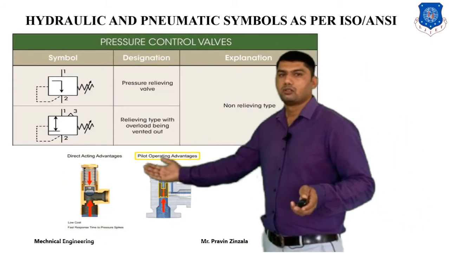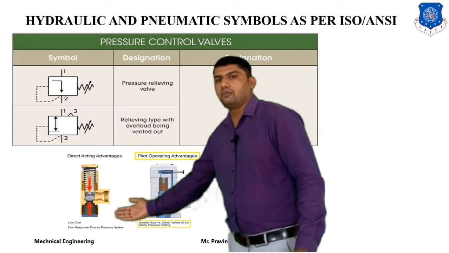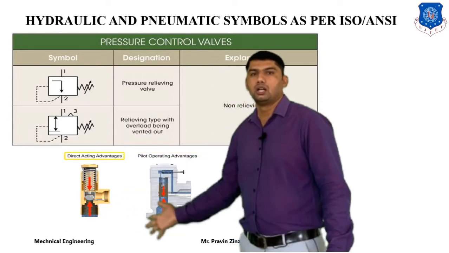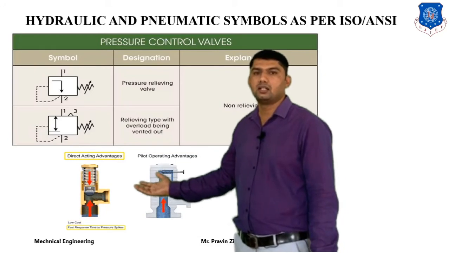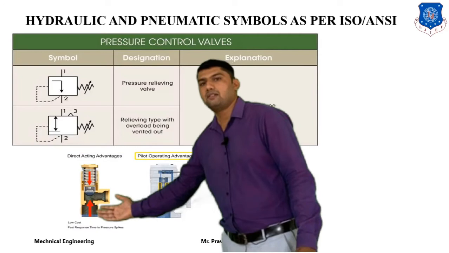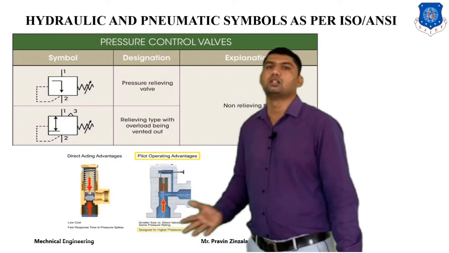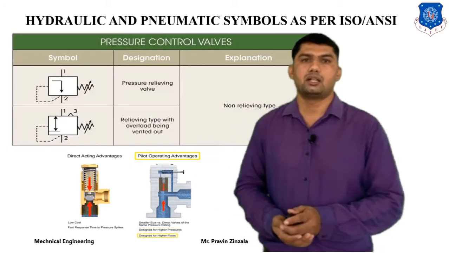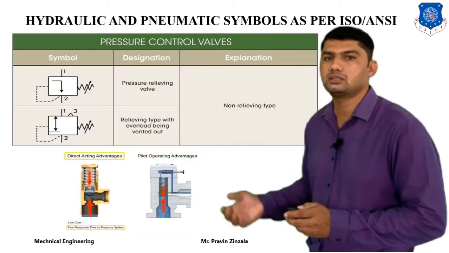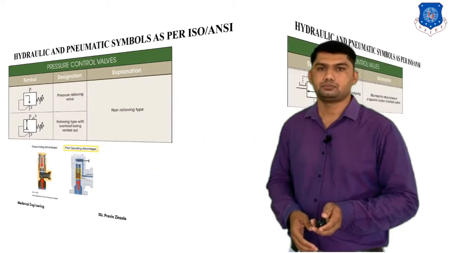This is the working animation of the pressure relief valve. The bottom is connected to the pump and this is connected to the reservoir. If the design pressure increases beyond our preset value, the valve will be shifted and fluid will pass from the pump to the reservoir. So our system will remain in a safe condition. This is also a pilot operated pressure relief valve.